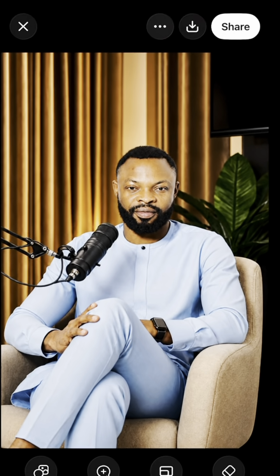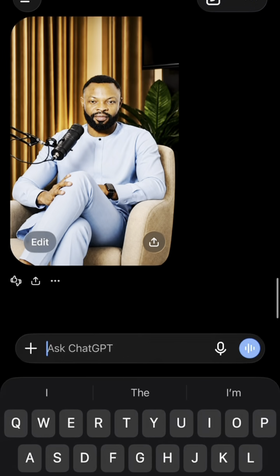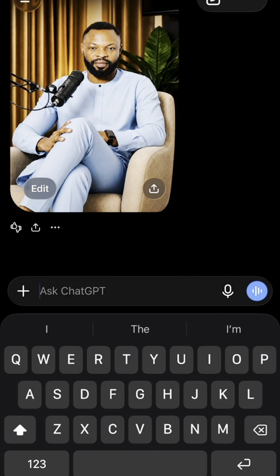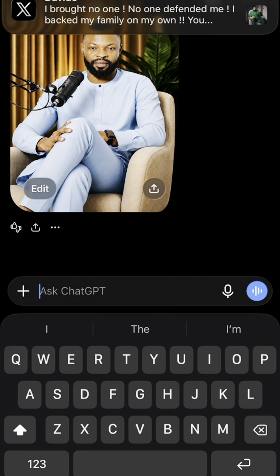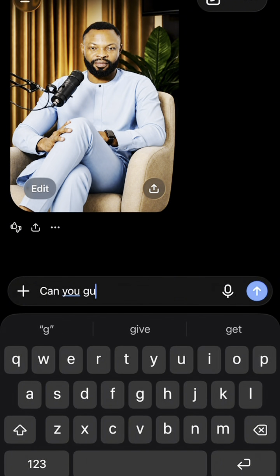So as you can see, ChatGPT have enhanced the image for us. I think it's actually good, but when I actually want to generate my video, I know what I'm going to do. Okay, so I think the image is fine. So now the next thing that we are going to do is for us to ask ChatGPT to give us 4 or 5 different UGC product that we actually want to advertise or want to talk about. Okay, so now what I will do, I'm going to say, can you give me